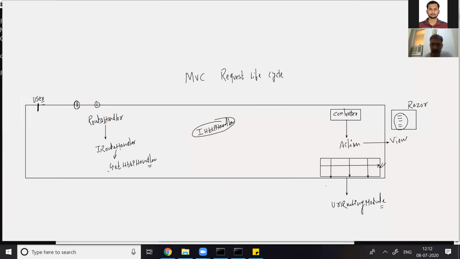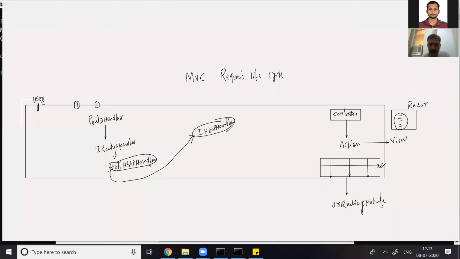The route handler class internally implements IRouteHandler, and the IRouteHandler interface has a function called GetHttpHandler, and the return type of this function is this interface.